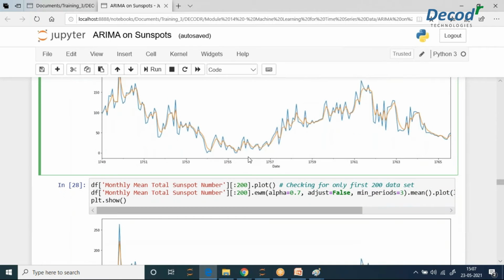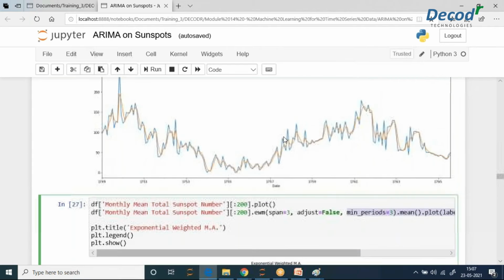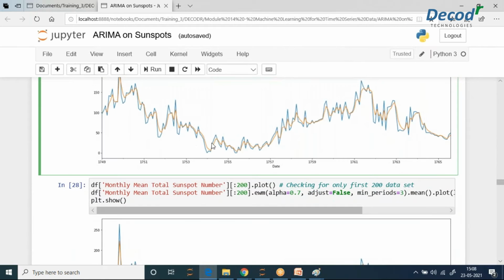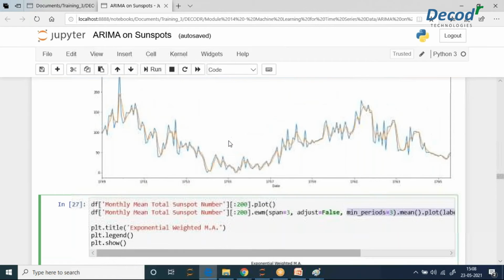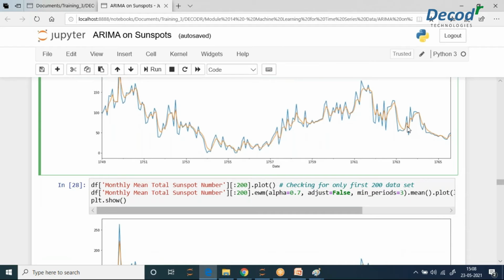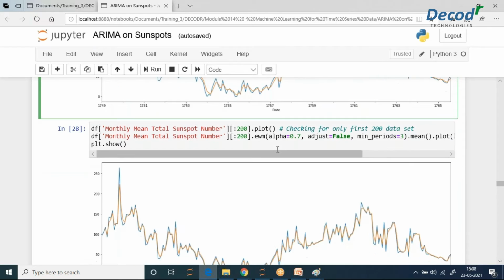So now this is the result. The previous one and this one are very similar. I won't say that this did any great thing. To me both are very similar. The weightage approach and the exponential one look very similar for this data set. Fine, so let's look at the next one.